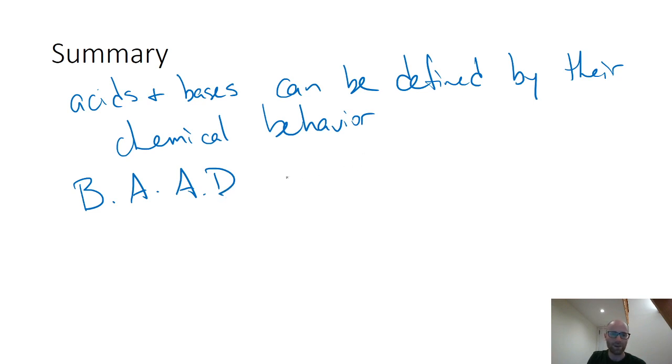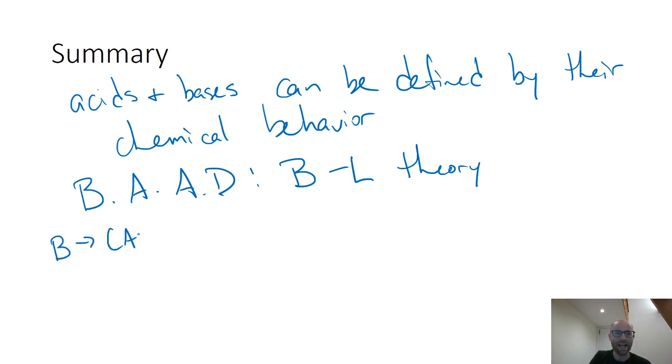This is our Brønsted-Lowry theory. And then the last thing is that bases become conjugate acids, acids become conjugate bases, and those are frequently in equilibrium with each other, and they're always differing